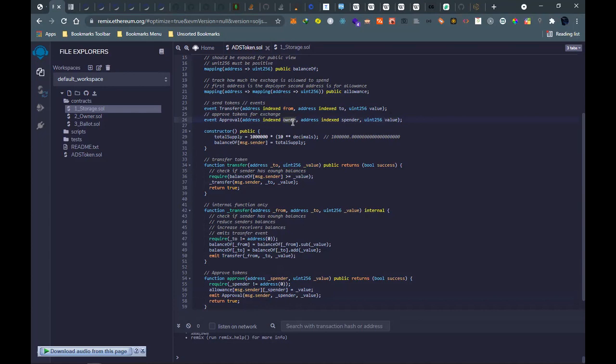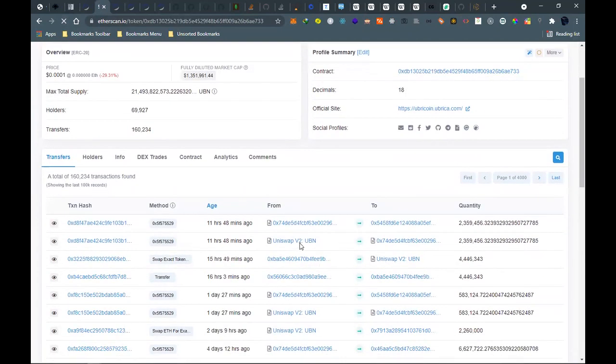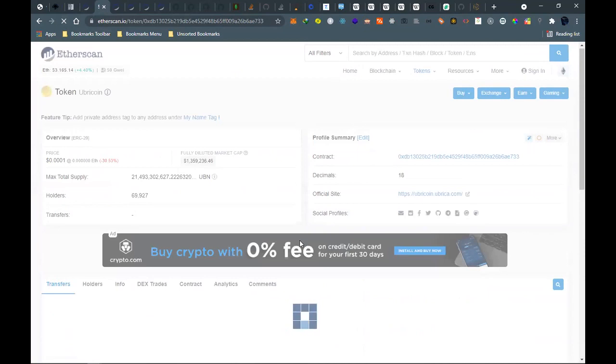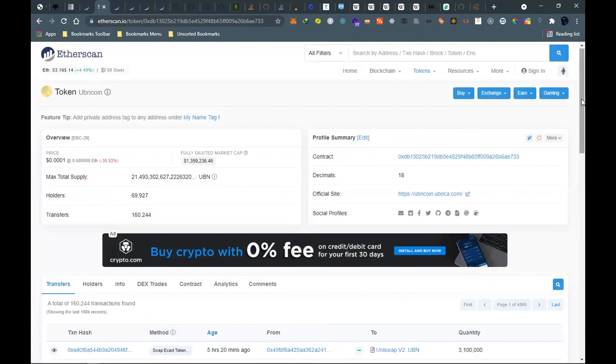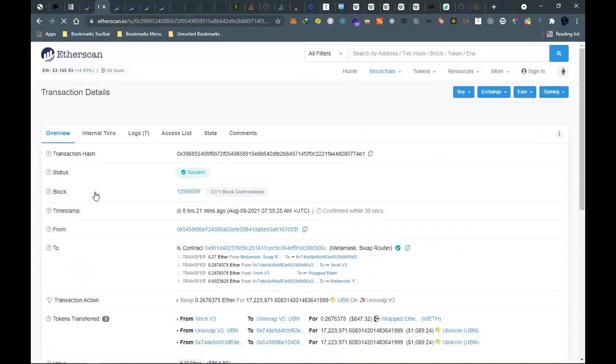Normally, if your ERC20 token has been listed on exchanges, let me show you an example of how it happens. If we take a look at this contract, the Ubricoin, we have this transaction going to Uniswap.